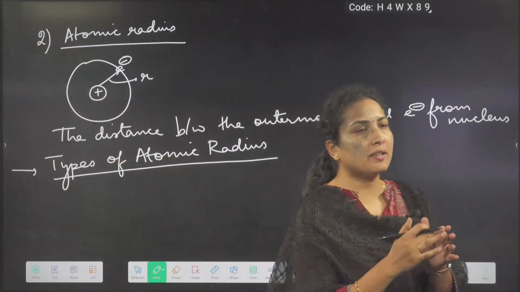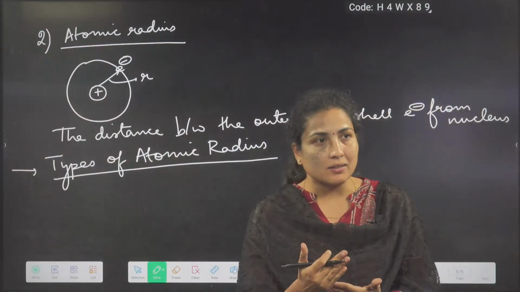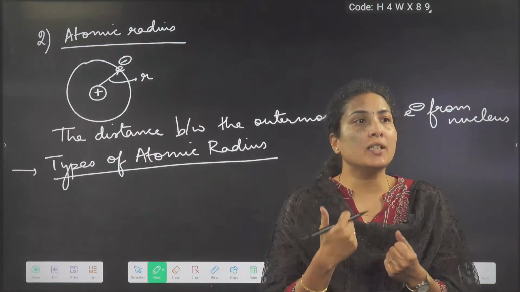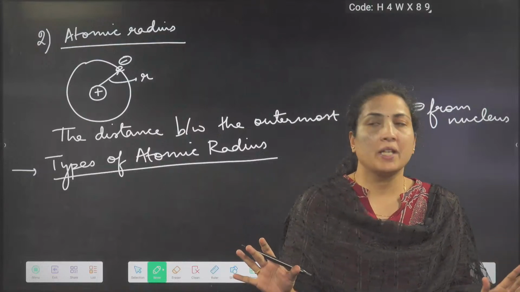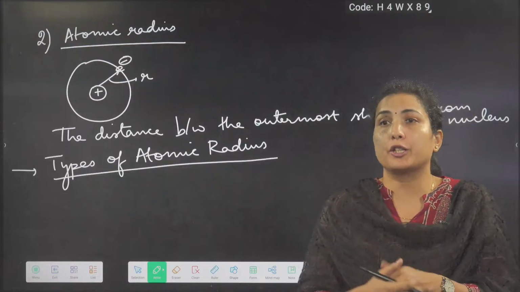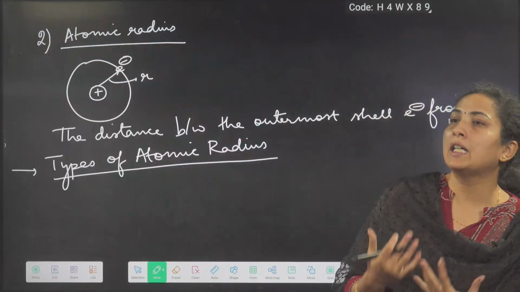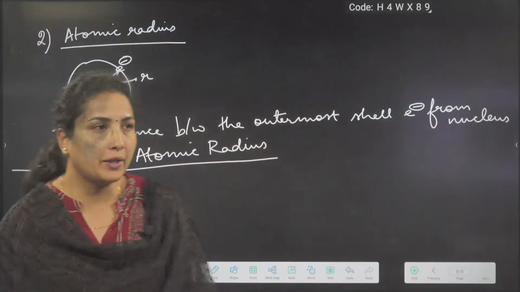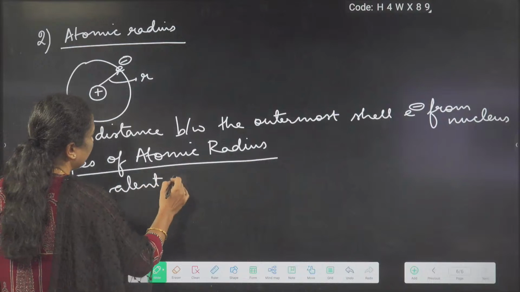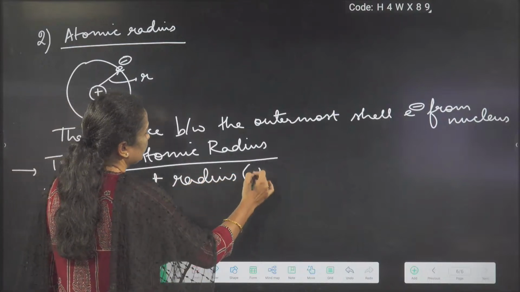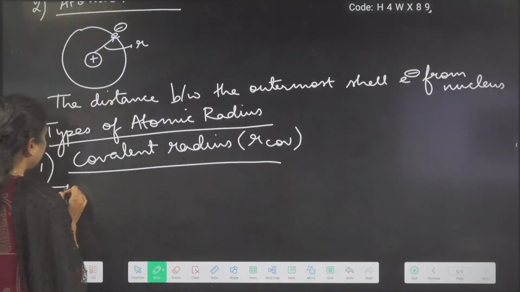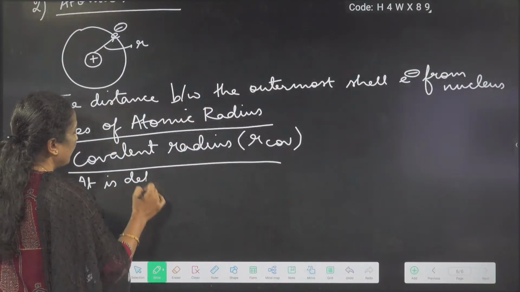Whether I refer to a metal's radius or a non-metal's radius, accordingly the name changes, but actually it is atomic radius only. If I am talking about atomic radius for a non-metal, I should refer to it as covalent radius. For a metal, I'll use the name metallic radius. That way it is given, right? So let us go for the first one here, that is covalent radius. So I'll write down just one thing. It is defined for